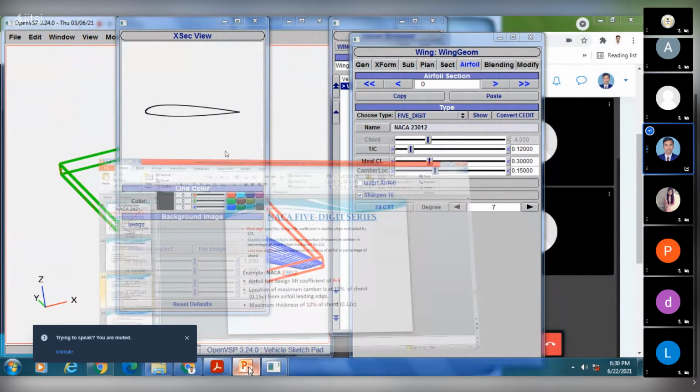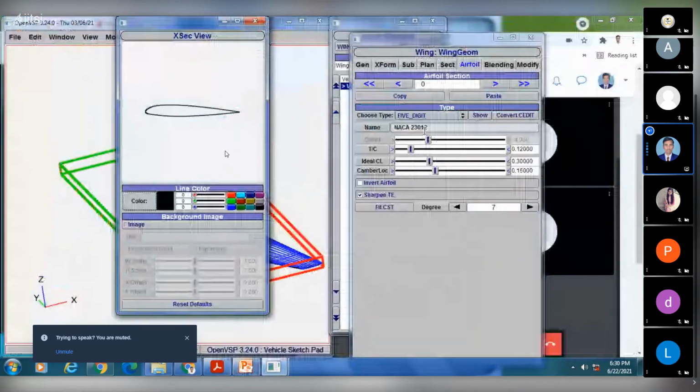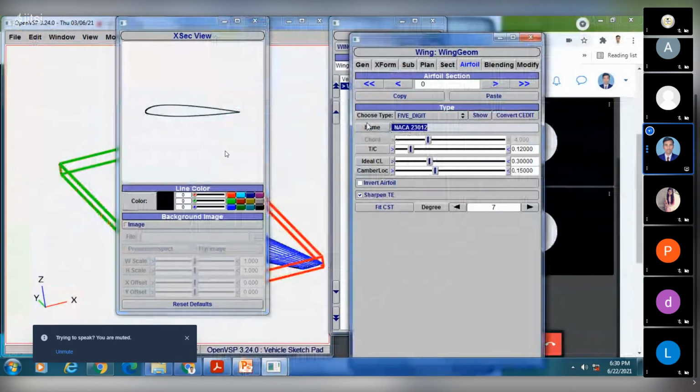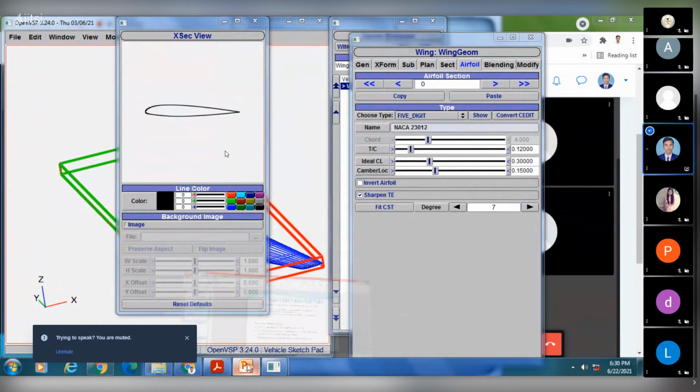NACA 23012, and we got NACA 23012. So like this you can change the aerofoil as per your requirement.